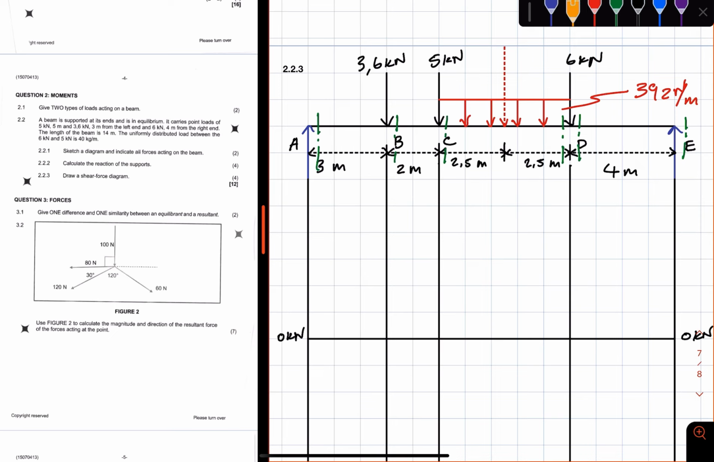Right. So we first consider the section at A. There's only one section at A, which is on the right hand side of A. So we are going to consider forces on the left of this section. Now, forces on the left of this section is what? Is the reaction support at A. The reaction support at A is what? It is